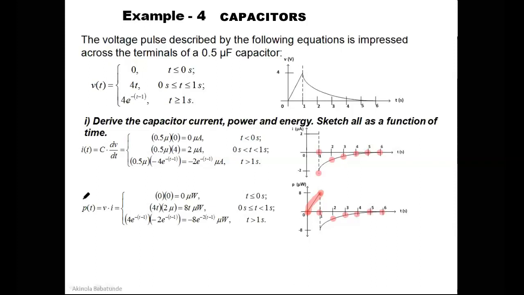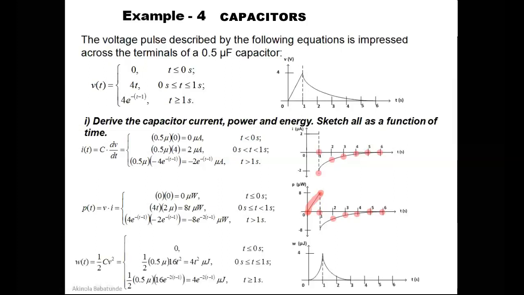All right. So as soon as you're done with your power curve, the next thing you want to do is to go ahead and find the energy. We do know exactly how to find energy when we talk about capacitors. The energy is usually half CV squared, like we discussed in the previous slides. So we know our C is 0.5